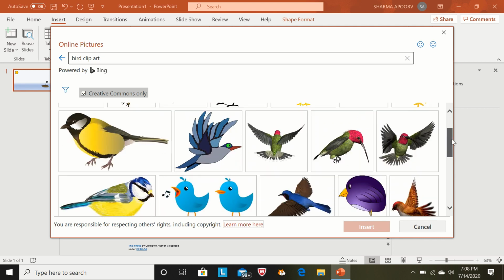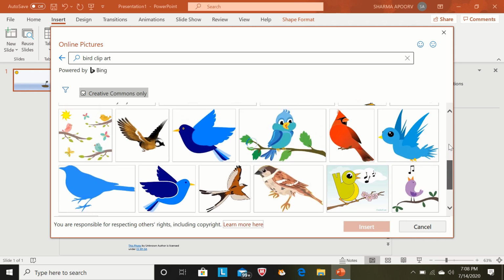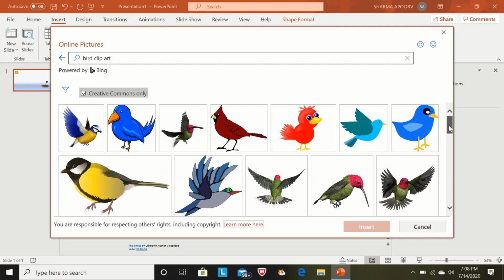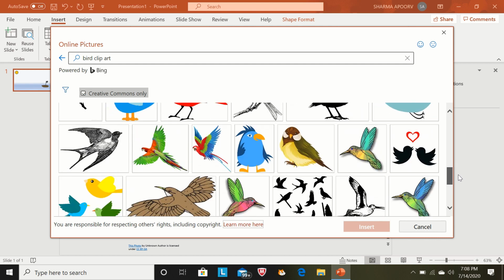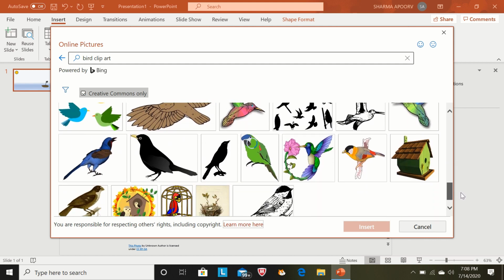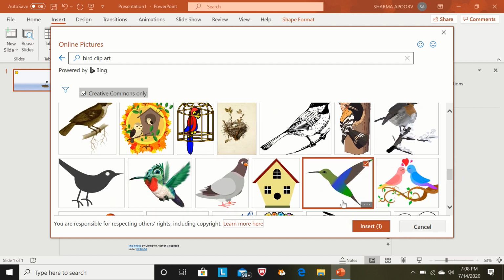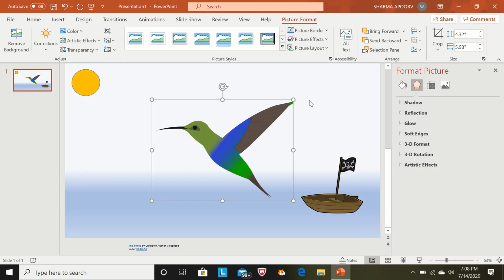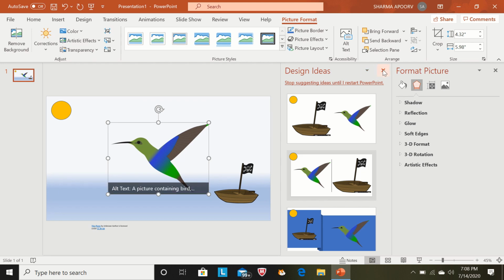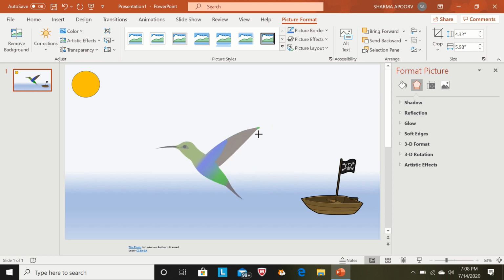Now we can select any object from here. Okay, I am selecting this one. This clip art is without the background, so it's okay. Now I am resizing this object.